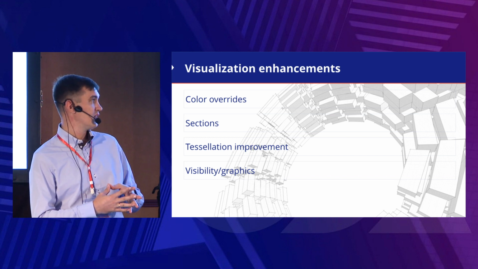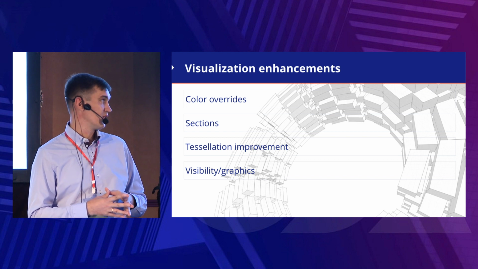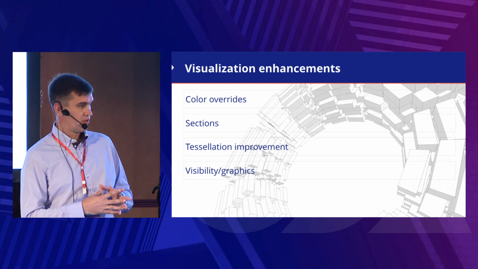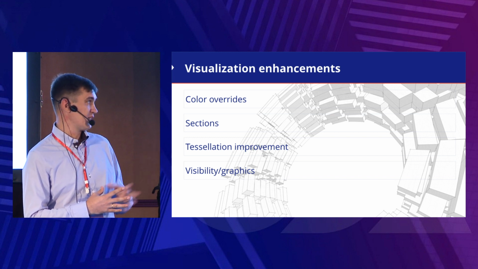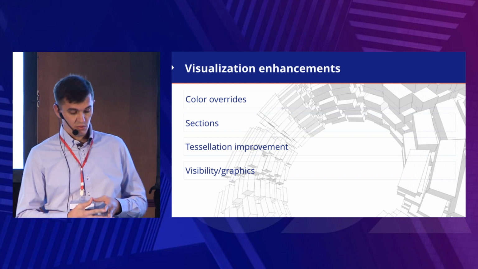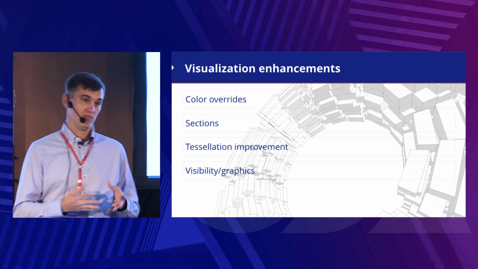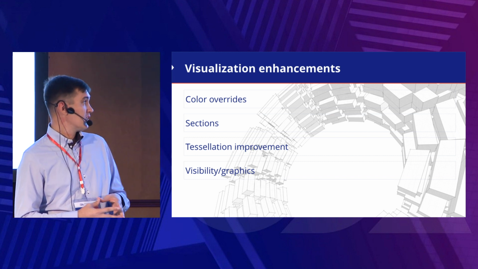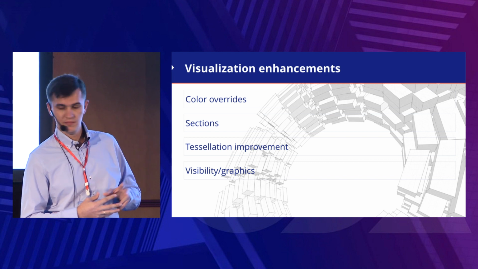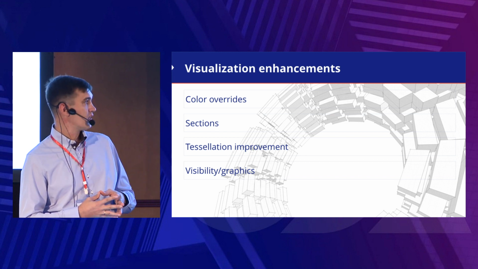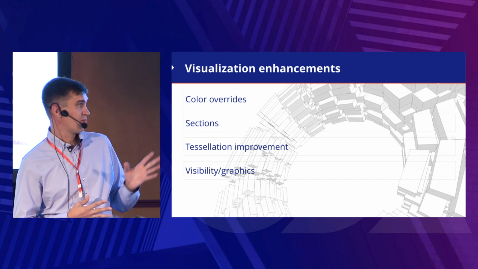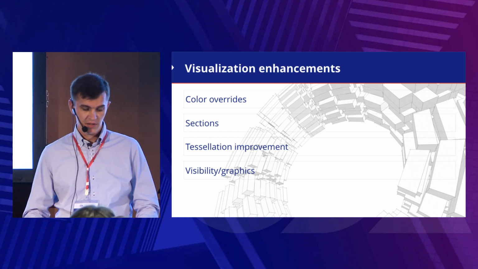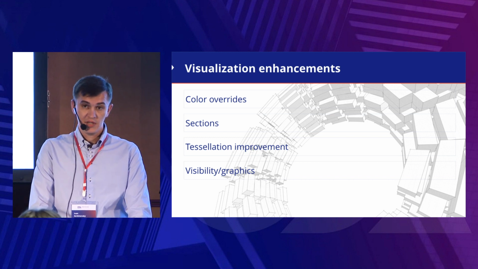This is a building, and several overrides were applied to the walls. In the first example, the wall with a green fill pattern has a fill pattern different from the other walls. It's an example of an override by color and by fill pattern for one element. Another example is the wall with blue color. It has the same fill pattern as most of the other walls, and it has an override for the element by color.